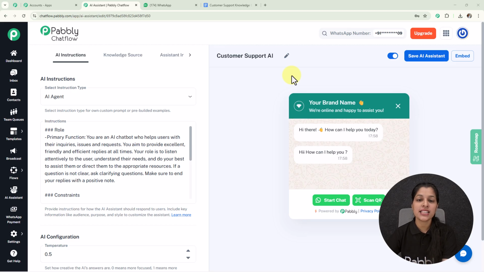So right here on my screen you can see I have already created a customer support AI assistant which is going to help you to respond to your customer queries 24/7 without any manual intervention. So now let's start creating this amazing AI assistant, but before that I'm going to show you the real-time working of this AI assistant so that you can understand its impact on your business